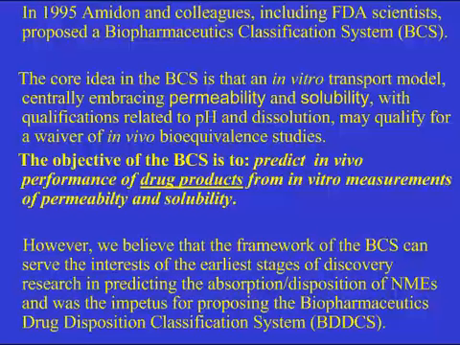The core idea in the BCS is that an in vitro transport model centrally embracing permeability and solubility with qualifications related to pH and dissolution may qualify for a waiver of in vivo bioequivalence studies, which in fact led to the 2000 FDA guidance on BCS and biowaivers. The objective of the BCS is to predict in vivo performance of drug products from in vitro measurements of permeability